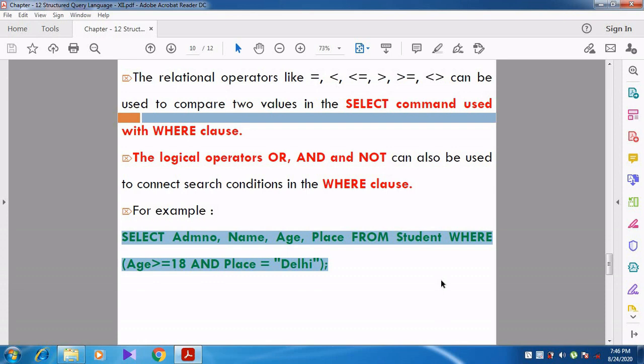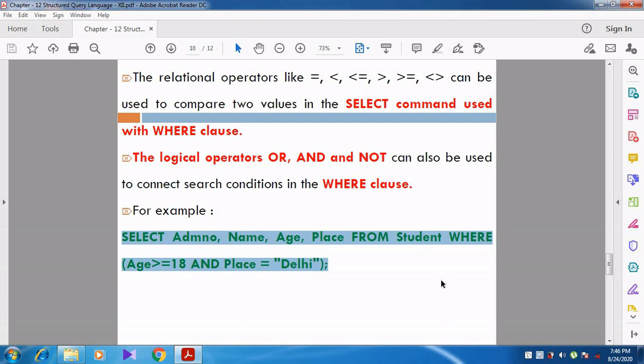We want to select the students who are coming from Delhi, and their age should be greater than or equal to 18. Can you understand, students? The student's age should be greater than or equal to 18 and the student should come only from Delhi. Those students alone we are going to select.